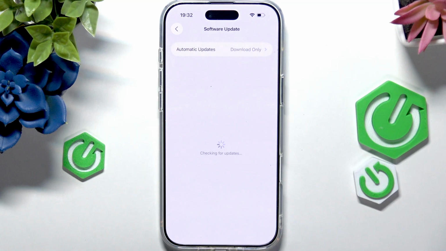Basically, if you have a Mac, then it's going to be very simple. Connect your iPhone to the Mac with a cable, and then just update it through Finder. And if you have a Windows computer, download Apple Devices app, connect your phone via a cable to the computer,